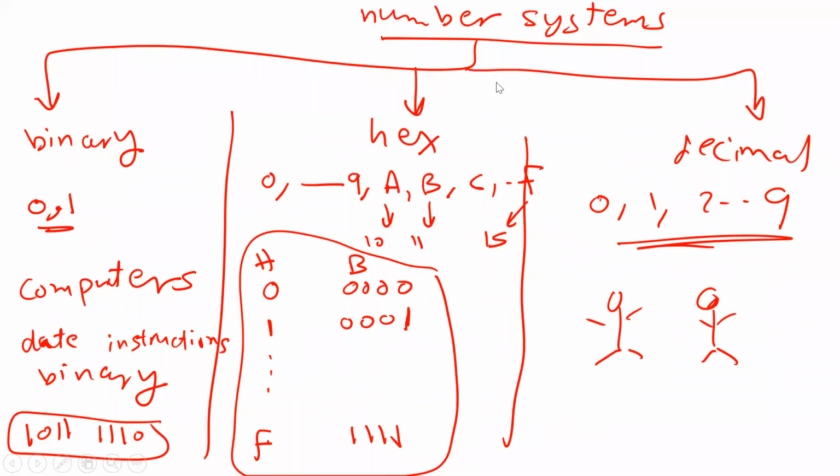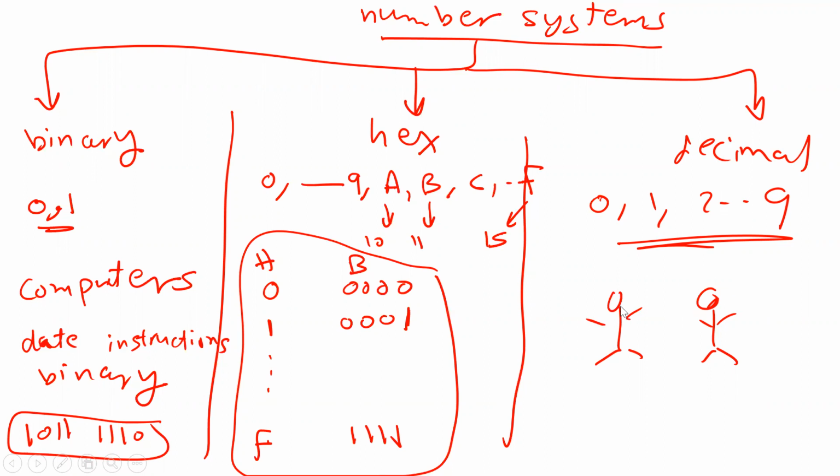In the first part, I'm going to make a very quick revision on number systems, the systems for the numbers. As you know, we have different systems for numbers in our daily life. We use decimal, right? When you buy something or sell something, we use decimal numbers, 0, 1, 2, 3 until 9. It's a system humans are using, right? So in the decimal system, we have digits 0, 1, 2, 3 until 9.